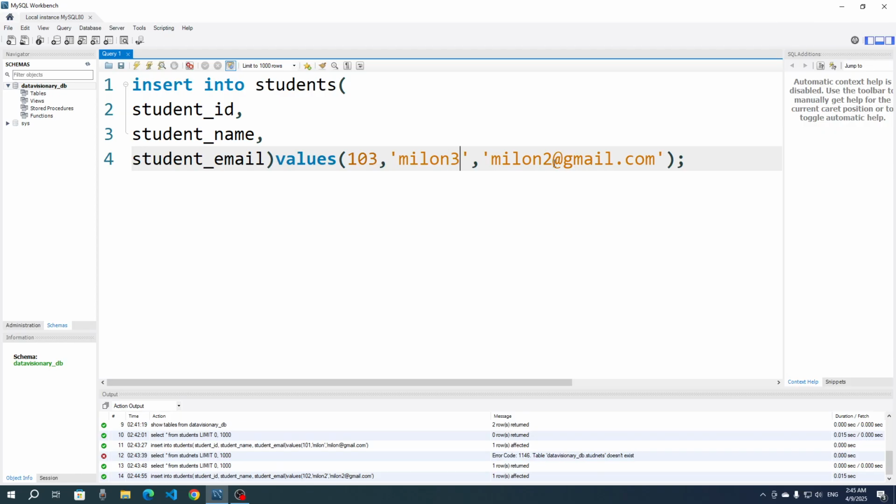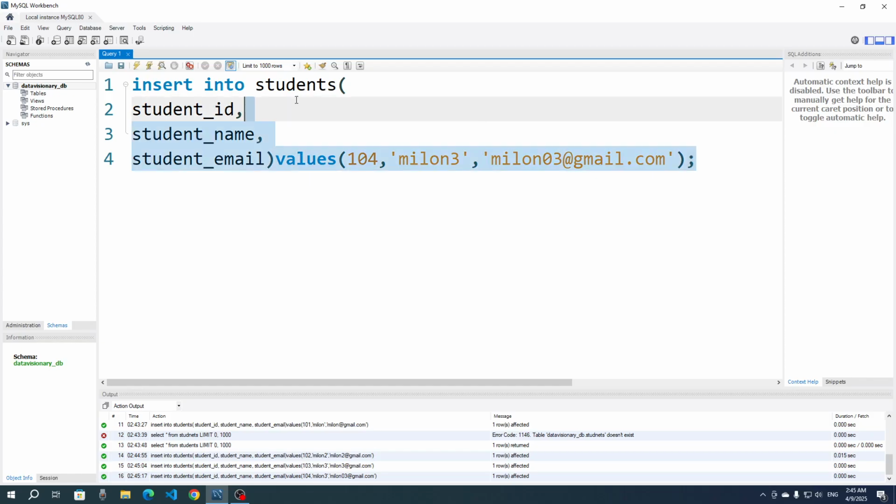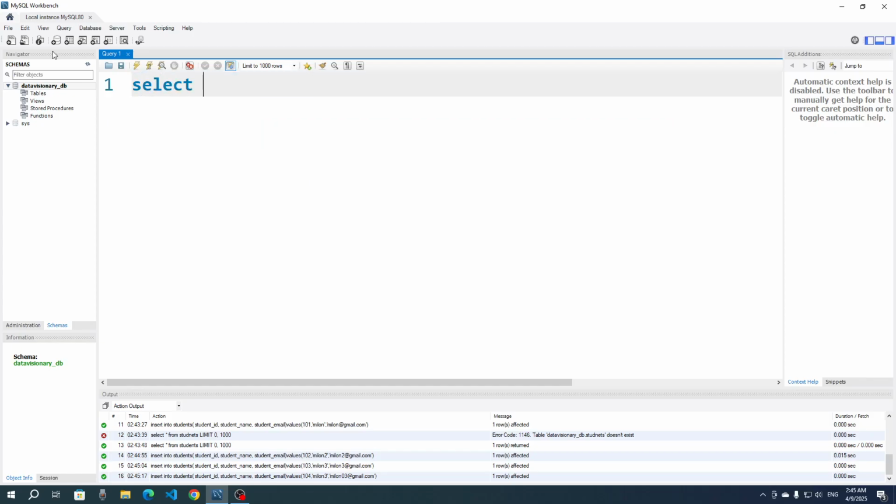Now let's say the ID is 104 but Milon 3, and Gmail should be changed, Milon 03 at gmail.com. Execute it. Okay, now let's go here and select all from the table students,